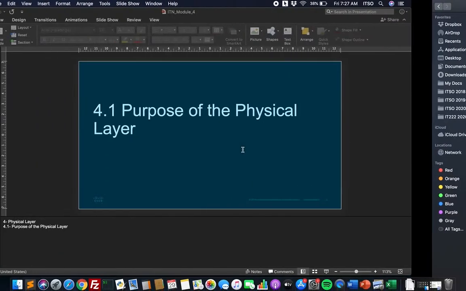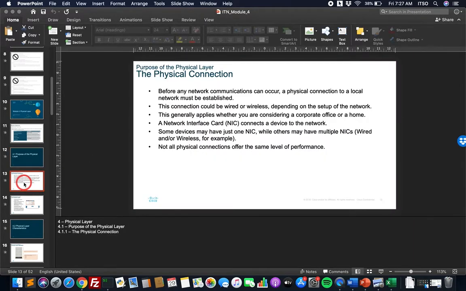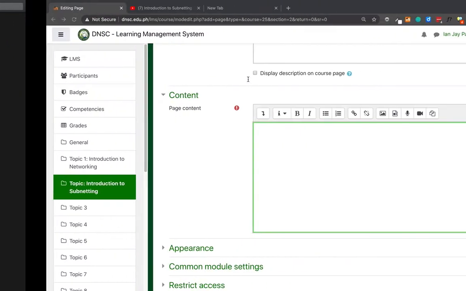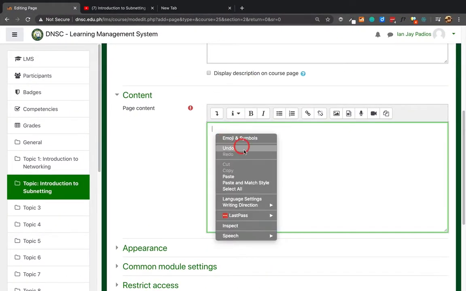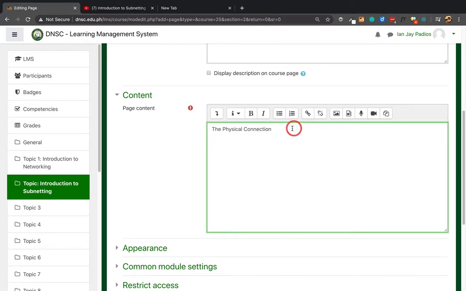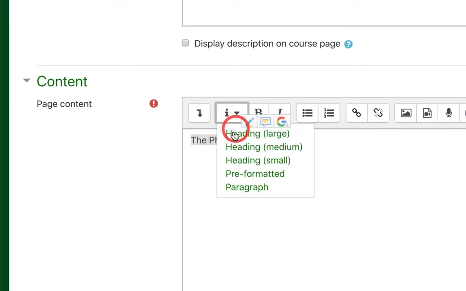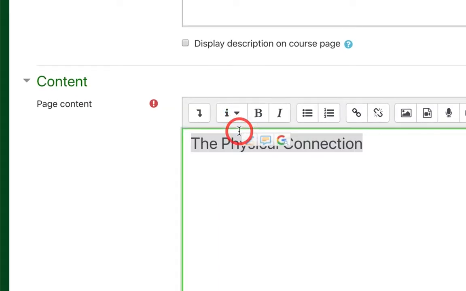For example, I have my lessons here, the purpose of the physical layer. I'm just going to copy this one, then paste. You can also change the text. For example, I'm going to make it heading large, to make it larger, then italic,